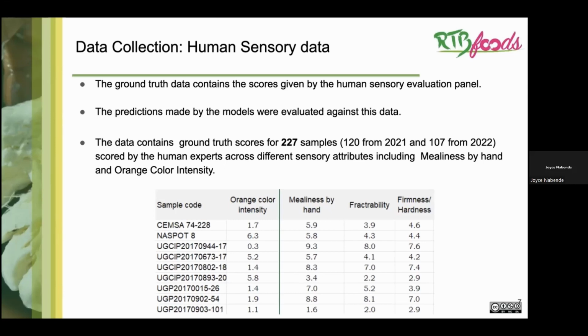And so we've collected and obtained ground truth scores for 227 samples, 120 from the 2021 harvest and 107 from a recent harvest in 2022. And these have been scored by human experts across different sensory attributes like milliness by hand or orange color intensity, but it's a whole list of different other attributes that you can see, and we've only provided a sample here